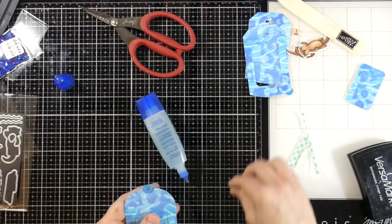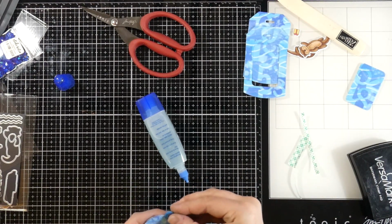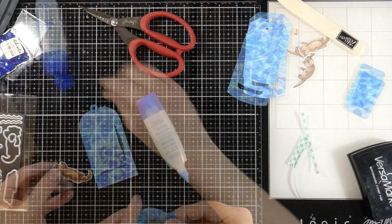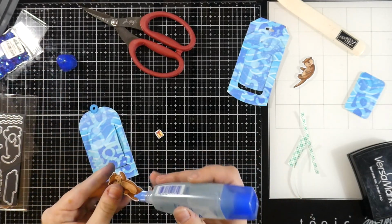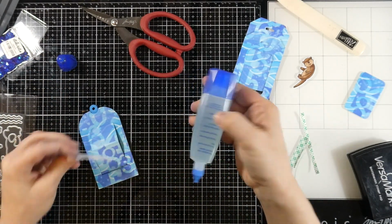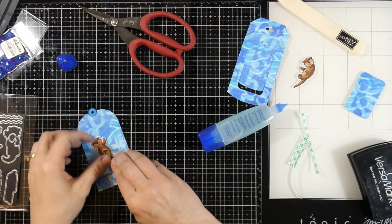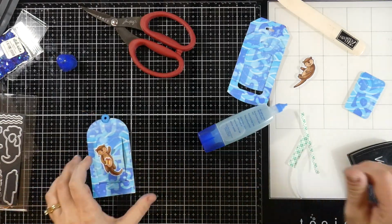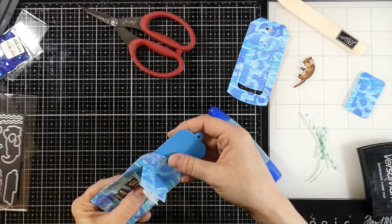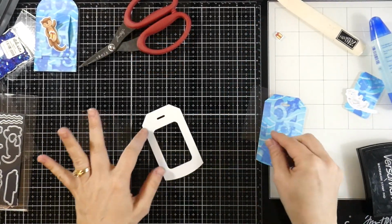I did cut out the little reinforcers for my tag using that same Cookie Monster cardstock. And so I'll just put one on front and back, because the recipient's going to be moving that a lot, you just want to make sure that it's good and reinforced. And that's what I was talking about with the little Otter. He can hold the present. So I glued that on him. And then I'm just putting glue on the lower half of him. You don't want to put it all over him because when you try to use your slider, he won't be able to work. So it's got to just be on the very bottom part of him. And then we're going to move on to our